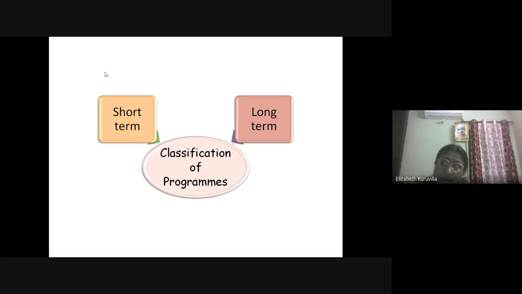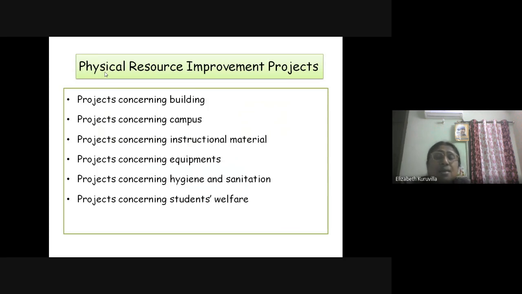Suppose the extension of the building, it may be realized after a long period. Now I have given some of the physical resource improvement projects that the school has taken. So what are the projects? Projects concerning building, campus, instructional material, equipments, hygiene and sanitation, and students' welfare.